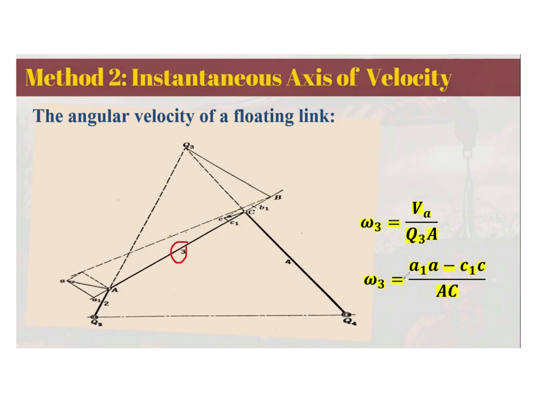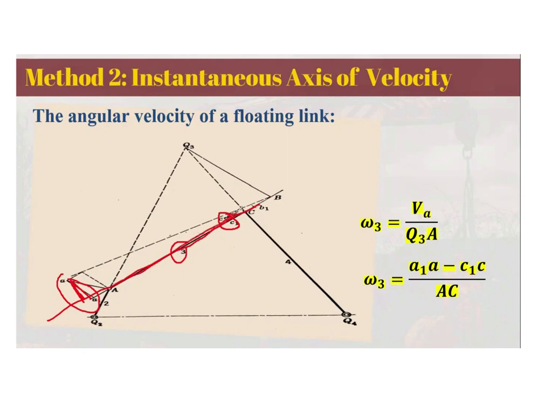So if you are going to use this formula, you have to find the components along the line, the perpendicular components. We have A1A, and then we have C1C. So you're going to subtract the value of A1A from C1C. And the good thing is, since they are on the same link, we are also sure that they are in the same direction, since they are perpendicular to the same link. So simply subtract A1A from C1C and then divide it by the length of the line joining A